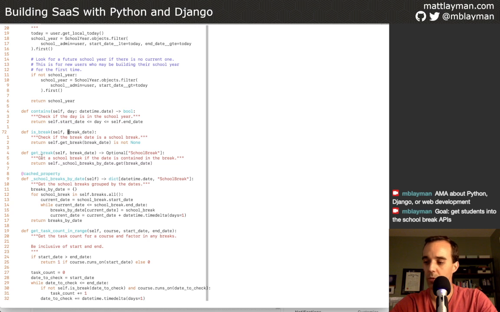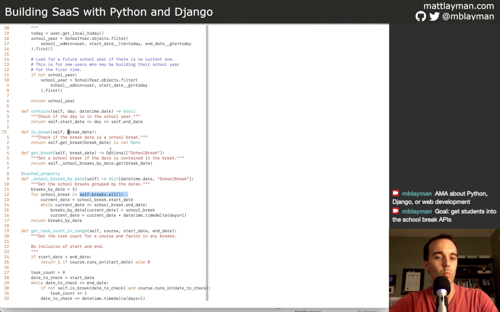And if you go one more method deep, you can see that there's this dictionary of school breaks by date. And where does that come from? Well, the school breaks by date is this private property. It's a cache property, and it does a lookup on this stuff and computes this dictionary. And so it collects all of the breaks for the school year. This is the current logic. It collects all of the breaks for the school year, and I designed this specifically so that breaks can represent time ranges and not just individual dates. That was important from my customer's point of view. They didn't want to have to create a break for each day. That would be super annoying.